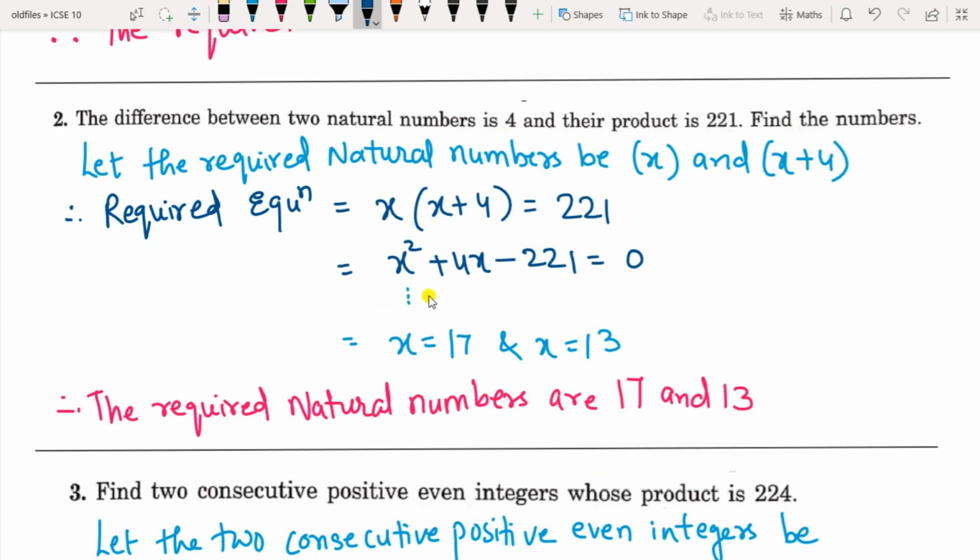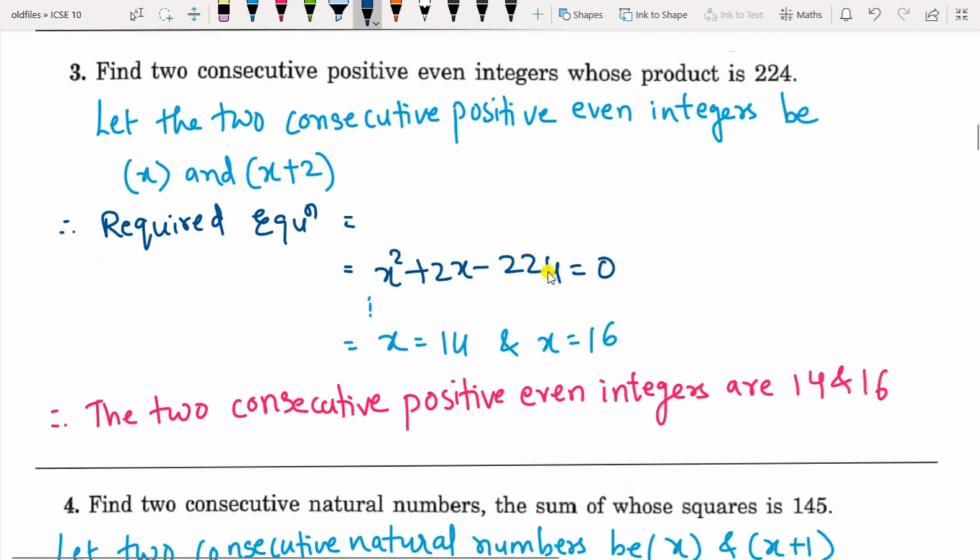Now in most of the questions I have not solved the solution after the quadratic equations, as we have done a lot of practice in exercise 5a. So now you can solve it, but in this lesson, writing the equation properly is of utmost importance. So I will be writing that equation.